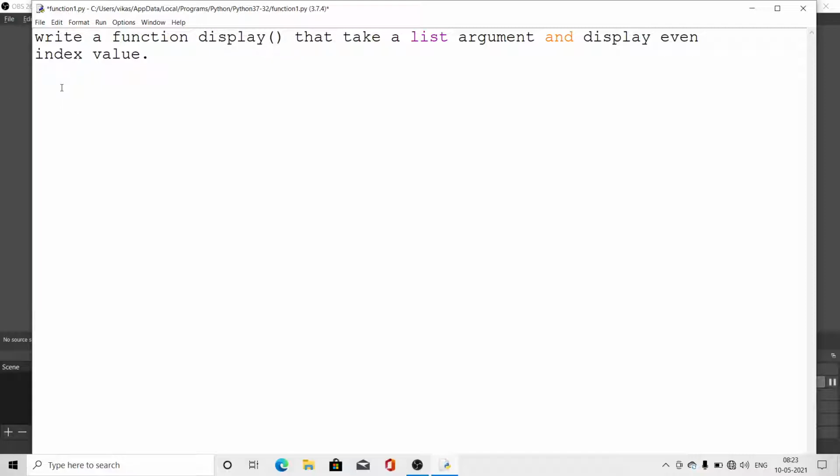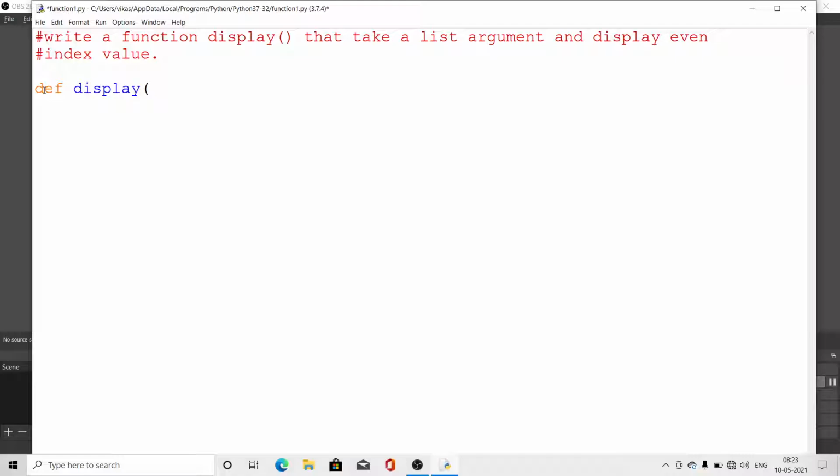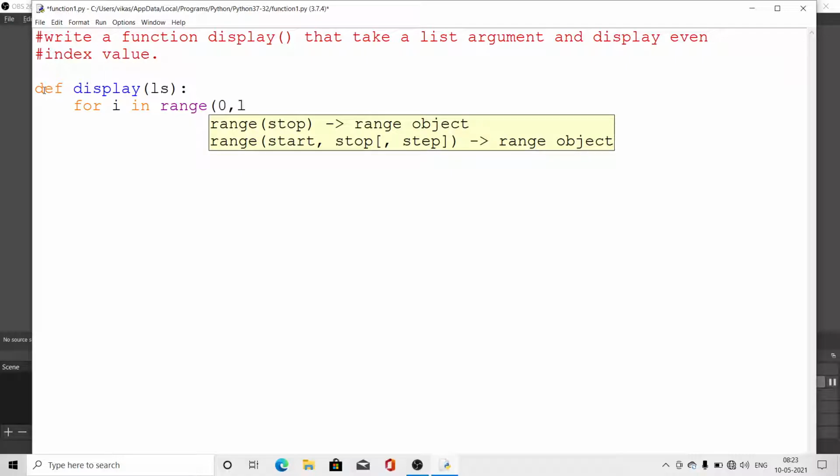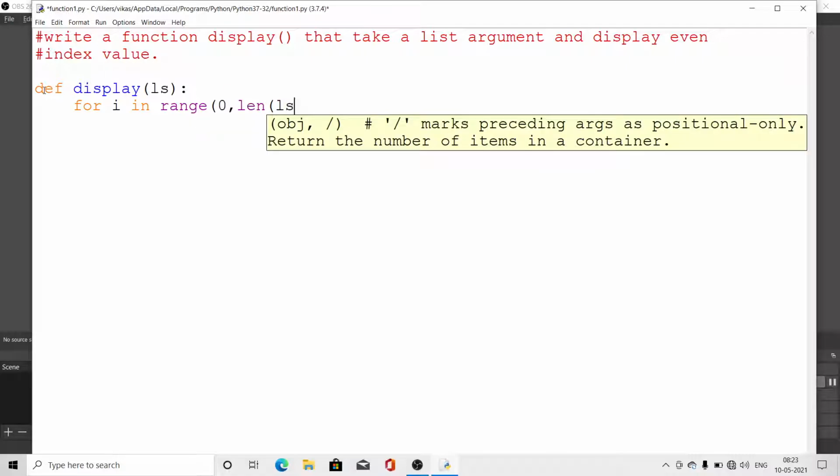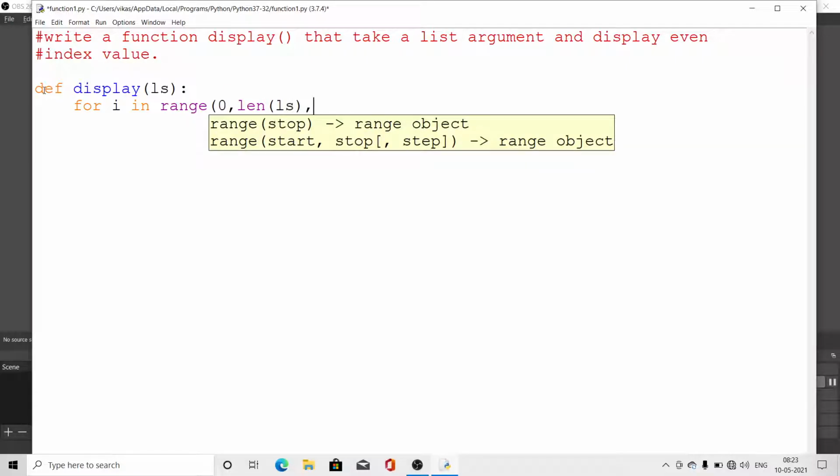So how will we define it? Look here, I have to write the definition. What function name do I keep? display, with the parameter ls, the list. In the body, for i in range, we have to start from 0, go to the length of ls, and then write a step of 2.